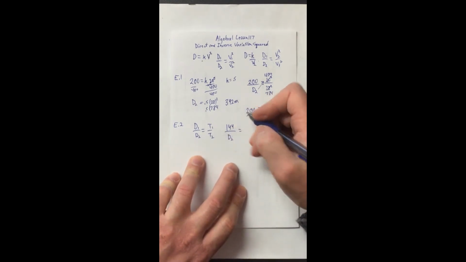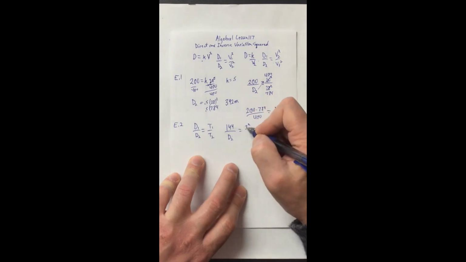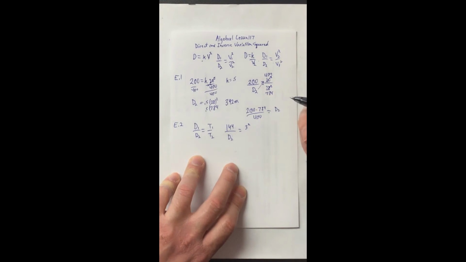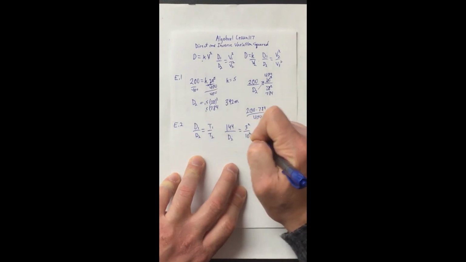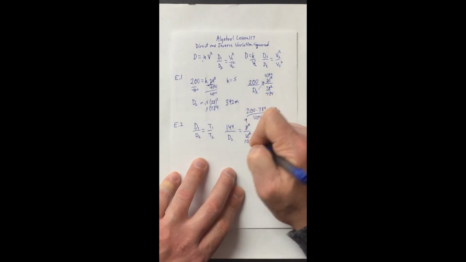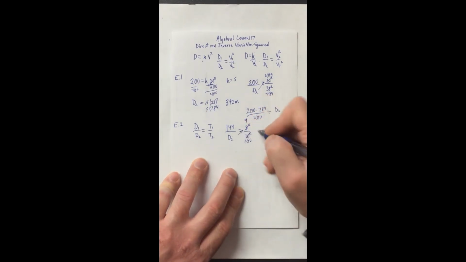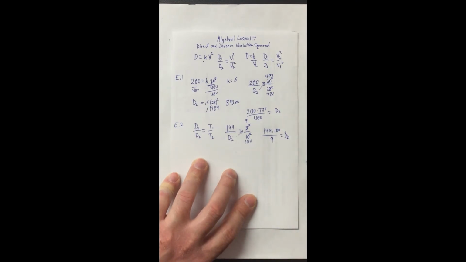My first time is 3 seconds, and it's directly related to the square of the time. So I've got to put my square in there, and then I put 10 seconds in for my second time. So 3 times 3 is 9, 10 times 10 is 100. All right, we've got to cross multiply here, so I get 144 times 100 divided by 9 is equal to my second distance. So put that into the calculator here